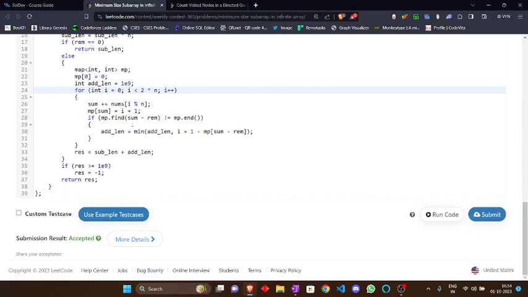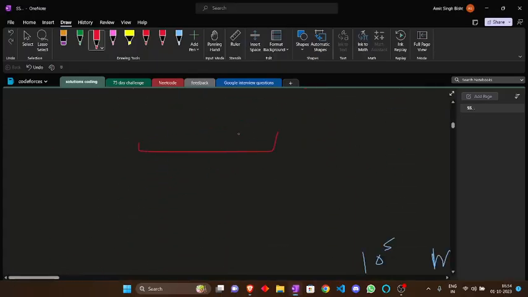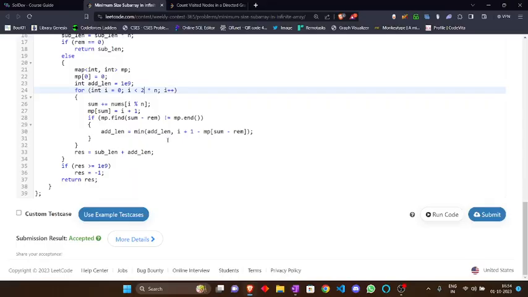Why 2 times n? Because there may be a case that we are taking these values, like the sum from the last and the sum from the beginning. So I have to run a loop two times, up to 2n, to contain these values, right? I do that for this sake, and I store the sum. We are storing the sum and the index of the given sum, and if at any point I find that sum minus remainder